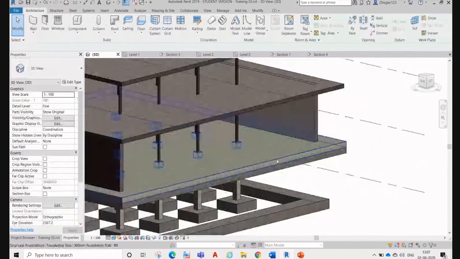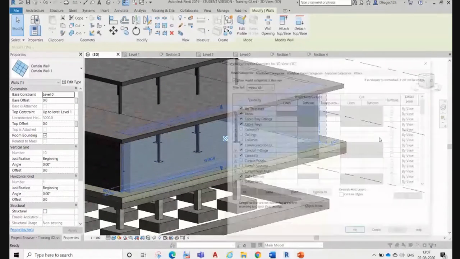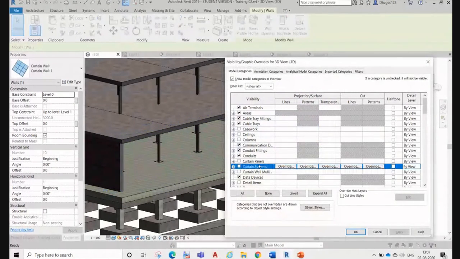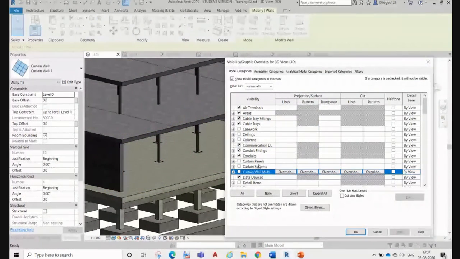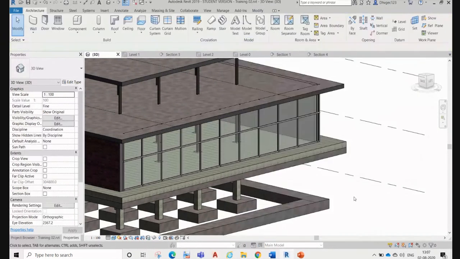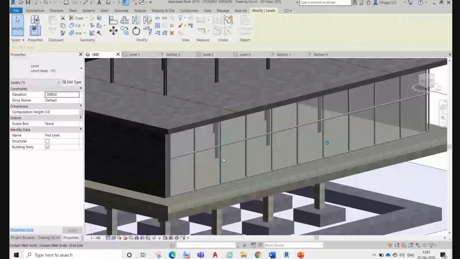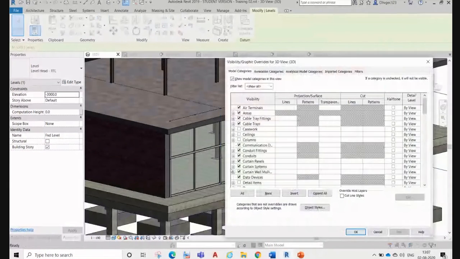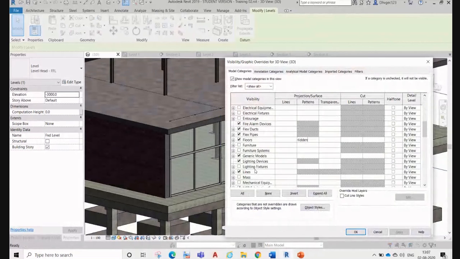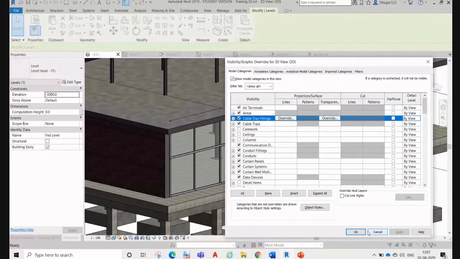Why can't we see that wall over here? Yes, right. Because we have already turned off the visibility of that cutter. So right now we have it open.